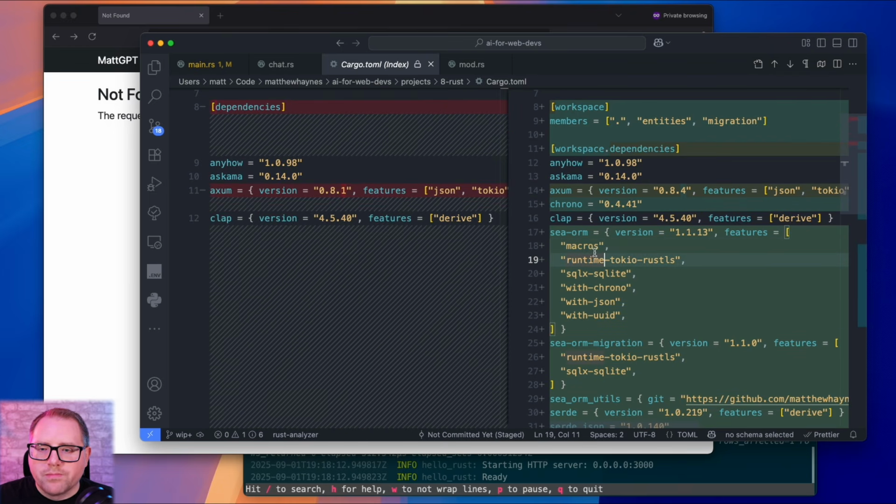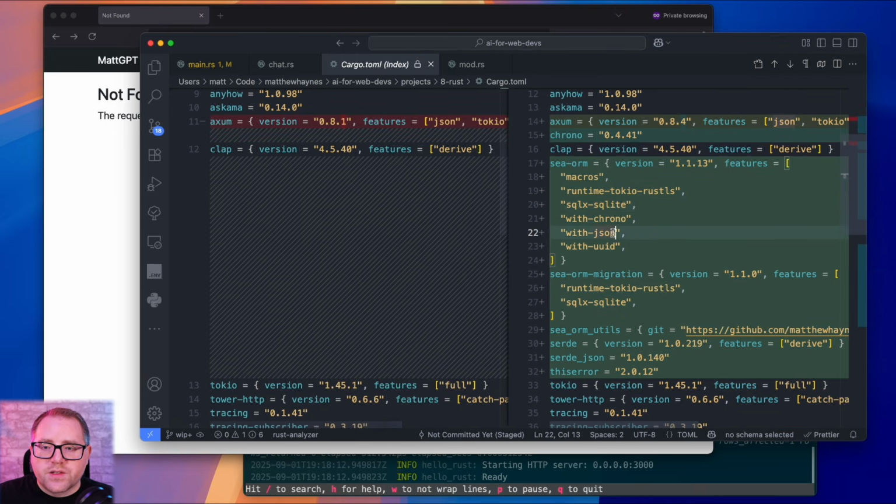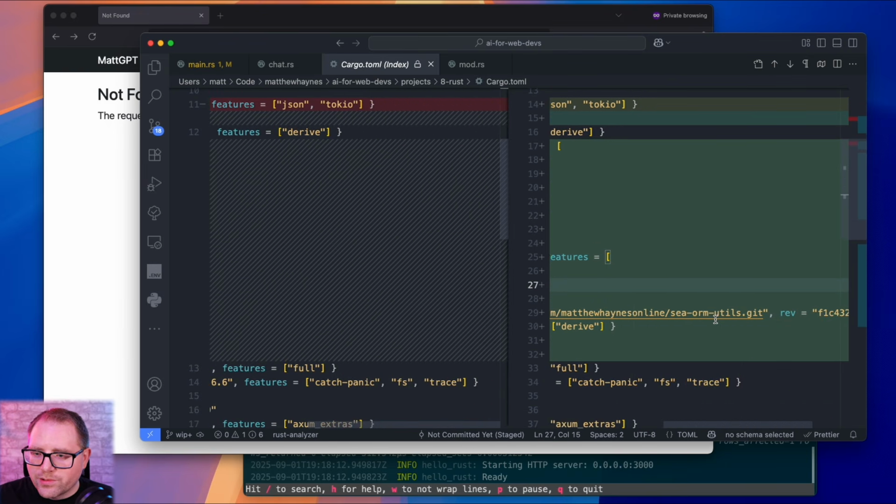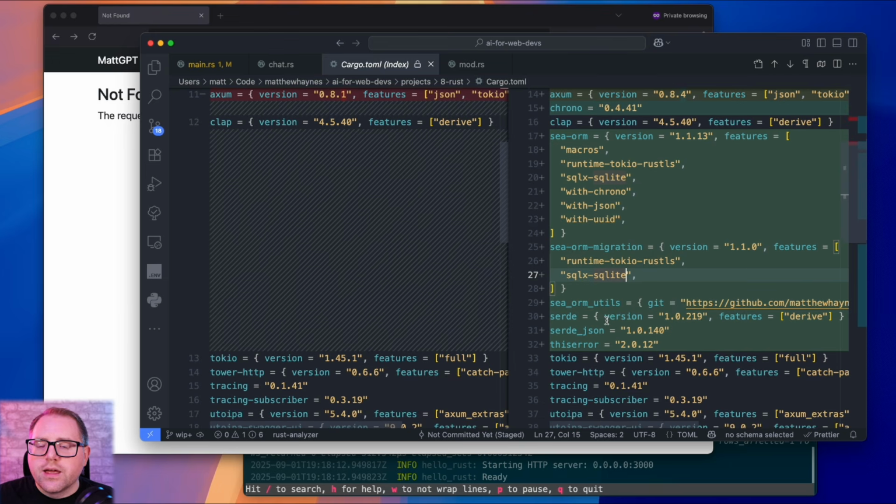So SeaORM with macros, with Tokio, we're going to be using SQLite actually. JSON, UUID, and then migrations. There's a little helper crate from yours truly. And then we're going to be using Serde for serialization.